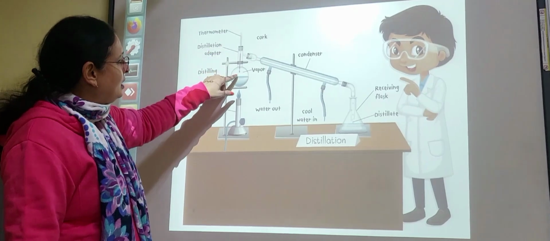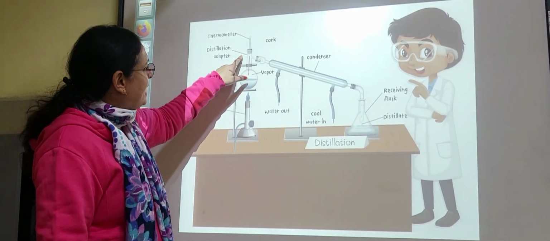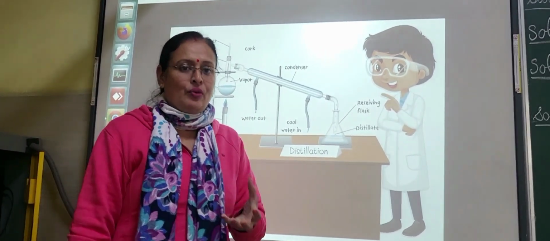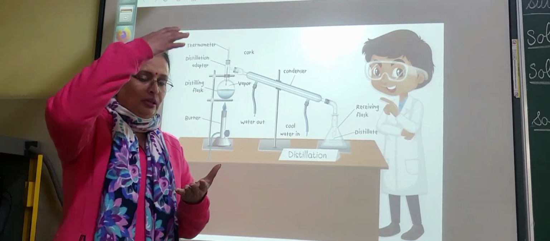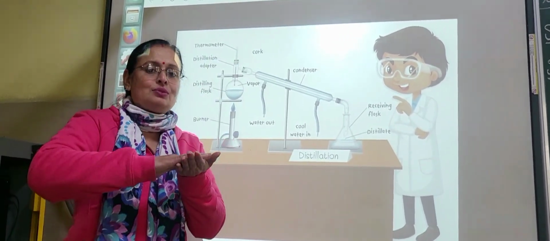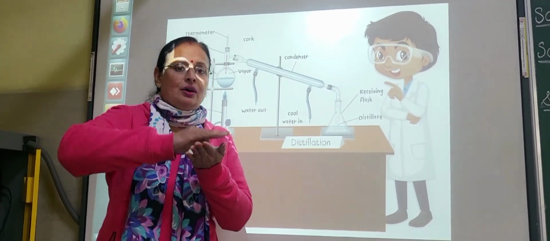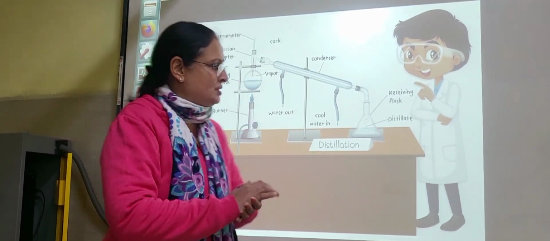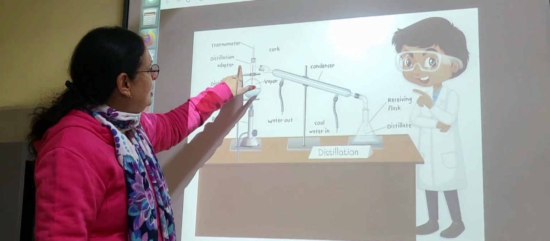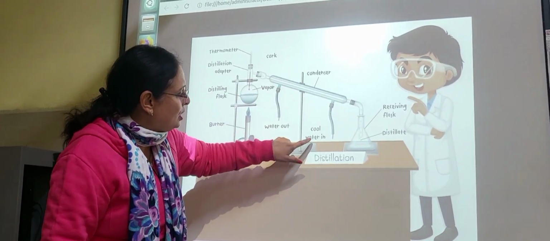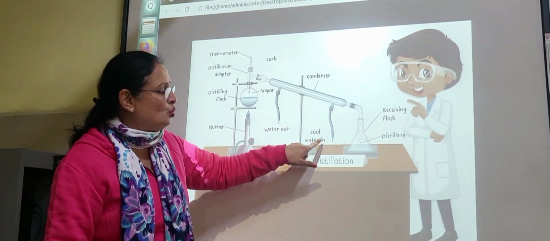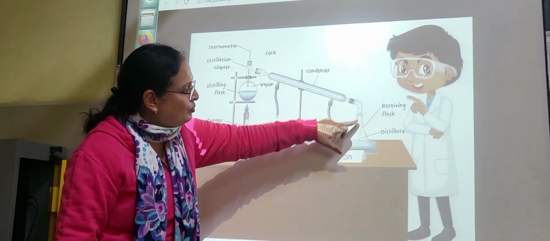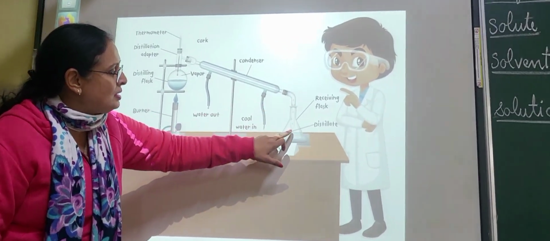After some time it is going to boil. When it is boiled, the gas comes out and is passed through this condenser. As we have discussed in the condensation process, when the water is boiled, the water vapor comes out, and when this water vapor is cooled by the cold surface, the vapor is converted into water droplets. So you can see here, when the gas is passed through this condenser, we are keeping it cool with the help of the cool water, converting this gas into water droplets. And finally the water droplets are stored in this flask.